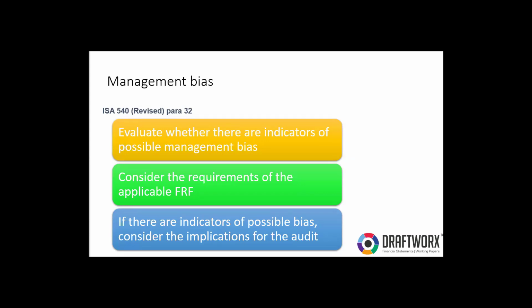All right. So when indicators of possible management bias are identified, the auditor must evaluate the implications for the audit. If there is an intention to mislead, then the management bias is fraudulent in nature. So you can see why it's important to consider whether there are possible indicators of management bias involved in this accounting estimate. So when you are obtaining your understanding of the entity, of the accounting estimate and controls, you need to understand how they make that estimate.